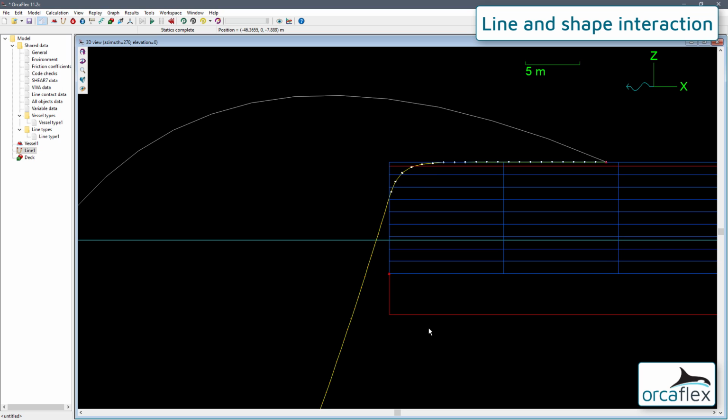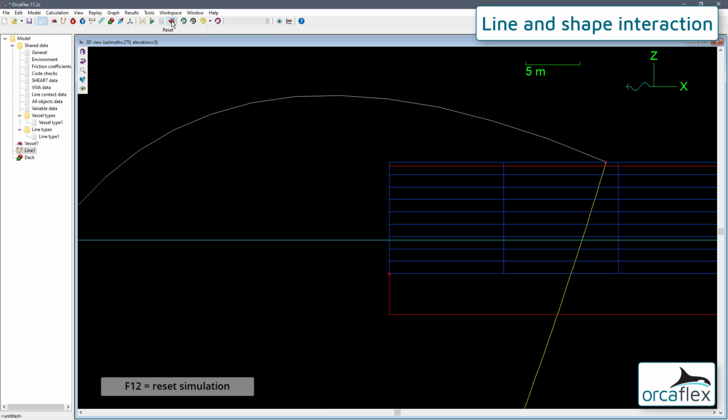We have discussed earlier the potential for problems where lines interact with shape edges like this. The reaction forces acting to push the line nodes out of the shape are not large enough to overcome the forces pulling them into the shape. The reality of this scenario is that a vessel chute is likely to form a large radius here, so there would in fact not be a severe edge present. The shape geometry is fairly simple, so we can't add a radius to this existing block. However, we can add another shape, and the two can then be used in combination.